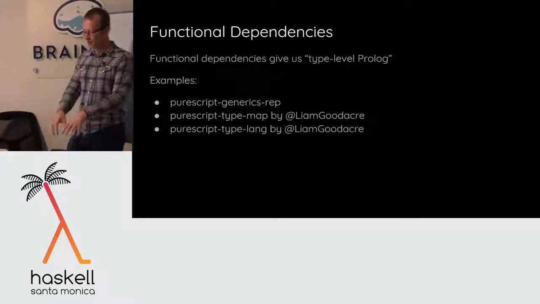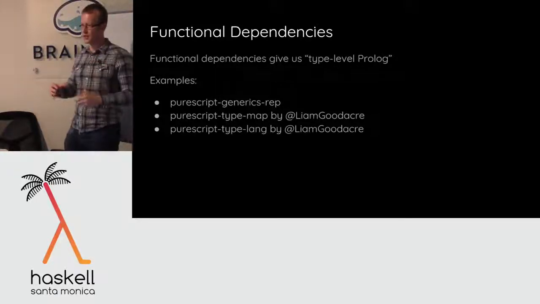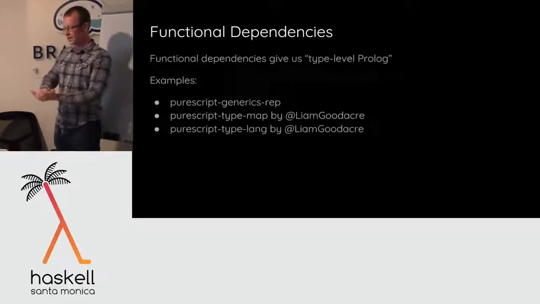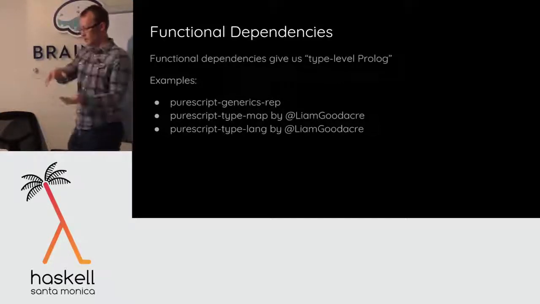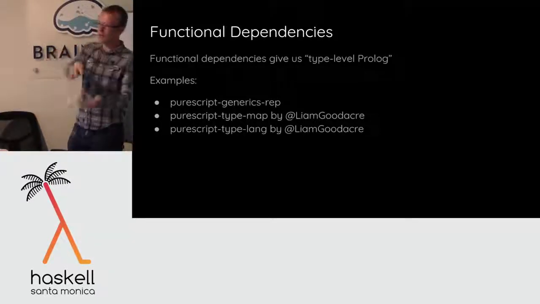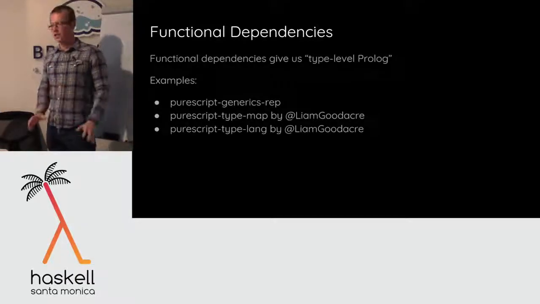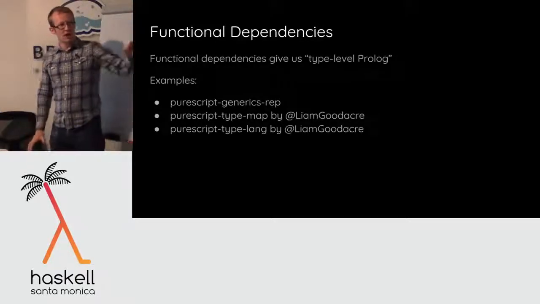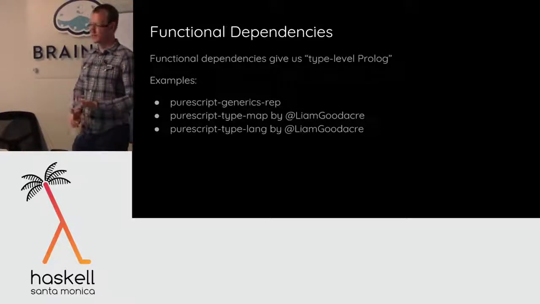So I can just lift it up that way. If all my primitive types have equality and sums and products have it, then I can build up equality for all data types. So my representations are like sums and products. If I can define equality on just those, then I can map over to the representation world, write my equality instance, map back, and now I have an equality instance on my actual data type. So that's GHC generics in a nutshell. We can't do GHC generics in PureScript, because we don't have associated types like we do in Haskell.